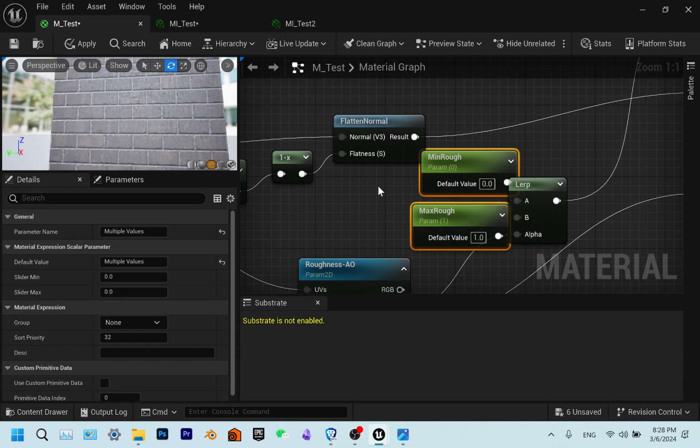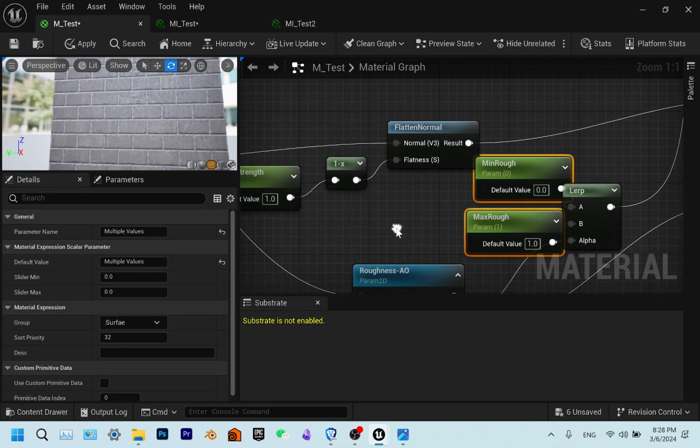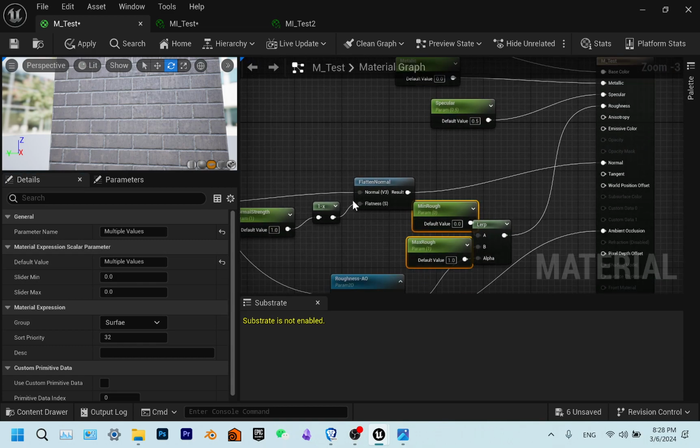We can change the priority to make them appear higher on the list. We can also assign them to different groups. Right now we don't have any groups, so it says none. We can type in, for example, surface, then we would assign them to the surface group,